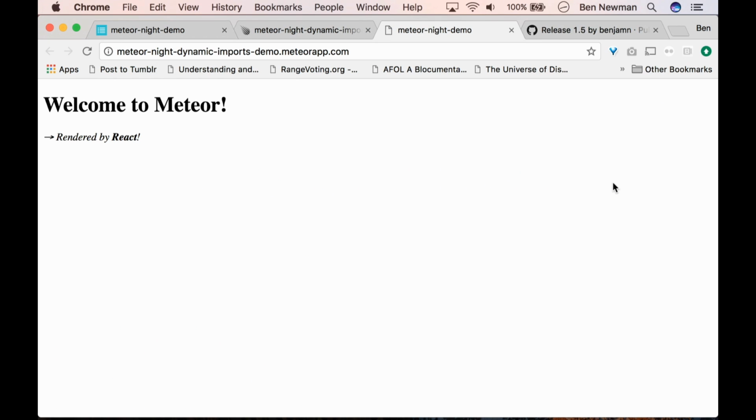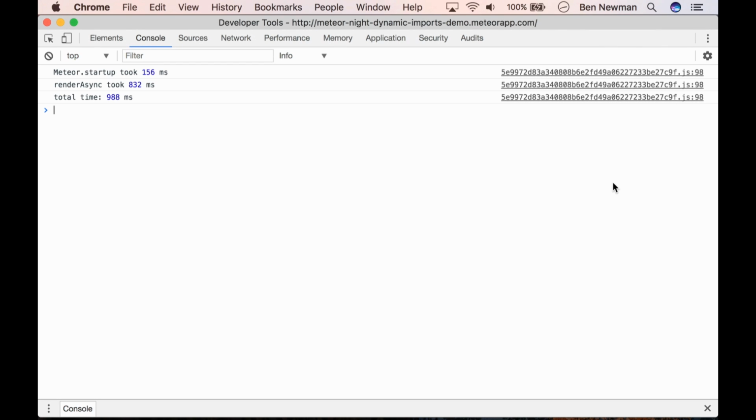And so you can see this works the same way, or at least looks the same. And behind the scenes, it's logging the same kind of information. This is the first time that I've requested this web page from this browser, so there's no caching of render async. But because we've minified things, the initial JavaScript bundle is a lot smaller, so the startup hook fires a lot sooner. But if I reload, you'll see that render async now takes just north of 100 milliseconds, which is